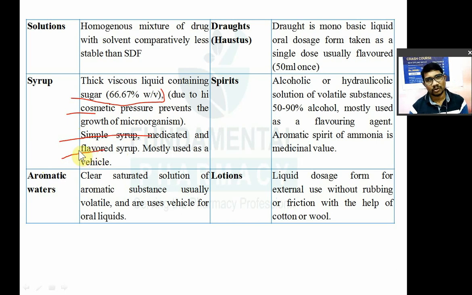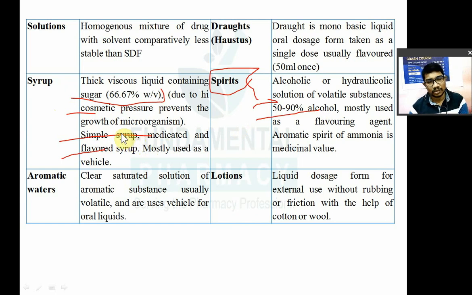Now next one is a spirit. आपका जो स्पिरिट है वो अलग है। आपका स्पिरिट मतलब आत्मा, दुखी आत्मा, ये वाला स्पिरिट नहीं है, ये अलग है। सो अल्कोहलिक और हाइड्रोअल्कोहलिक सॉल्यूशंस कंटेनिंग वोलेटाइल सब्सटेंसेस, मोस्टली 50 to 90% इसमें क्या होता है? अल्कोहल ही होता है, दैट्स व्हाई इट इज नोन एज स्पिरिट। मोस्टली यूज्ड एज अ फ्लेवरिंग एजेंट। एरोमेटिक स्पिरिट ऑफ अमोनिया इज आल्सो हैविंग थेरेप्यूटिक वैल्यू।